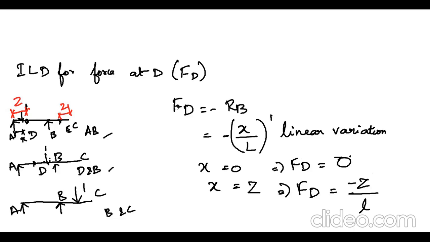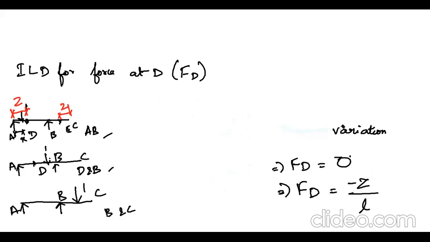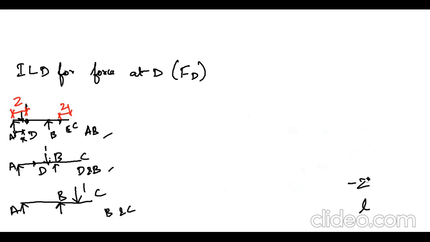Next, we are going to obtain the value of the force while applying the unit load between the points B and C. For that, again I am going to see either one side of the section. The section I considered is FD. If I take the right side, I will be having the unit load and the support reaction B, whereas if I take the left side, I will be having only the reaction at the point A. So I am choosing the left side for the second case. So far we have seen the first case. Now this is the third loading condition, and this is the second loading condition.